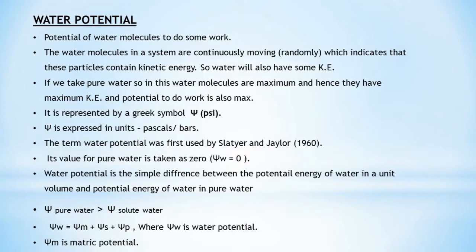And the potential to do work is also maximum. Of course, I'll give you a basic example. If there is a construction of a building, and you have 10 people working there, and on the other side you have 100 people working there, where is there more energy? Of course, where there are 100 people. Yes or no? Similarly here, when there is more pure water, the maximum potential energy is present, and the maximum amount of work can be done with that pure water. That is, more work can be done with these 100 people than with these 10 people.